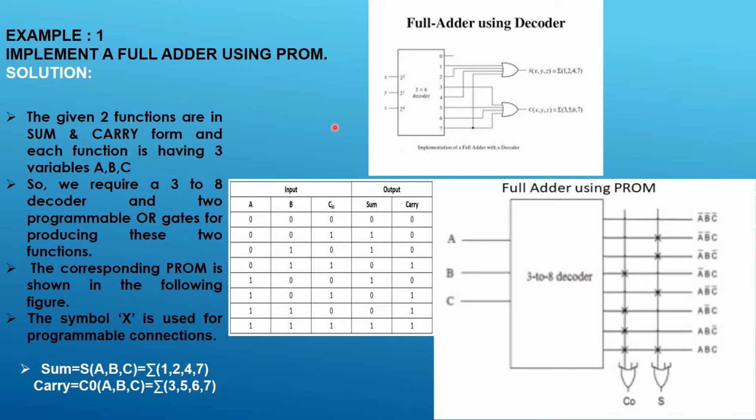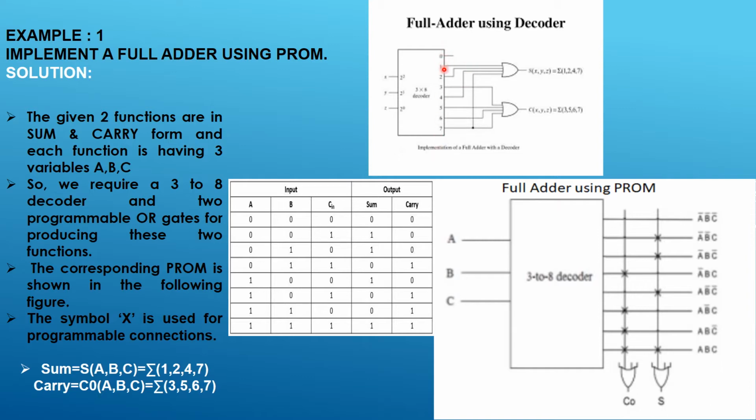In your second unit, that is in combinational circuits, we have already seen what is a full adder, how to construct a full adder using XOR gate, AND gate, OR gate and all, and how to construct a full adder by means of 2 sets of half adders, and also how to make a decoder converted into a full adder. So once again I recollect it. Here I am making use of a decoder which is 3x8, which has got 3 input variables and produces 8 possible combinations of the minterms 0 to 7.